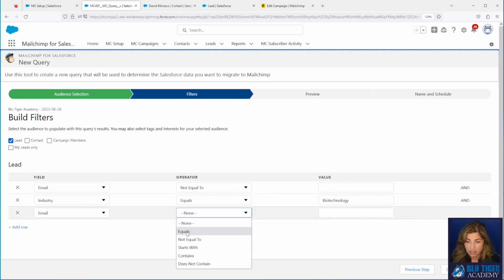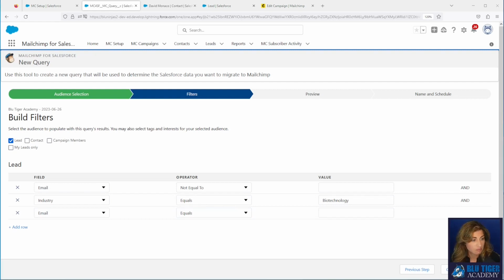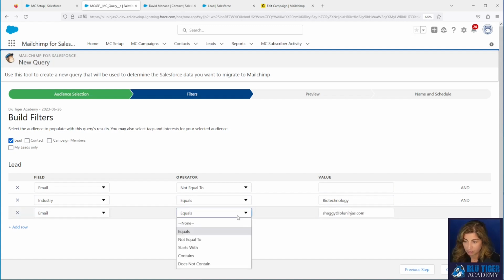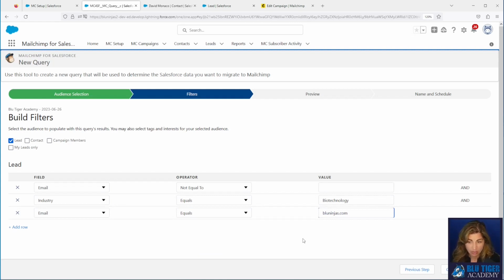So we can say that the email address maybe equals, I'm going to say Shaggy at Blue Ninjas. We can also use contains or starts with. So maybe you have people with one email domain that you want to sync all these people over there. So this is a great way to test out the sync and control who you're syncing.